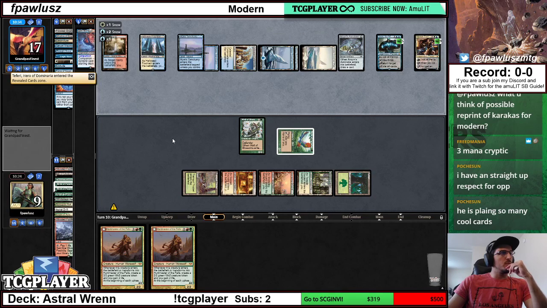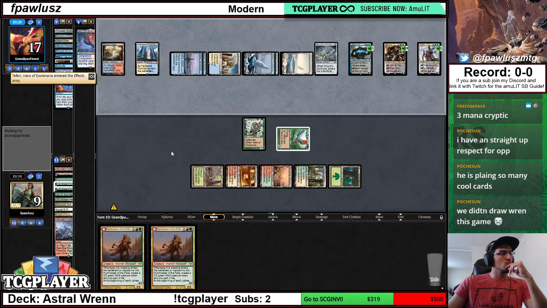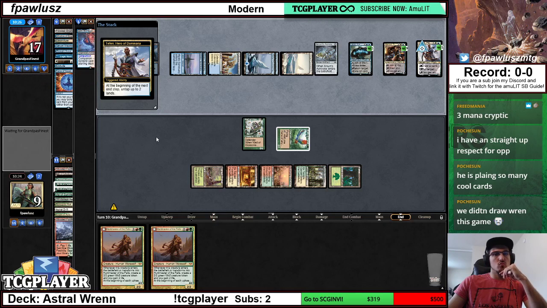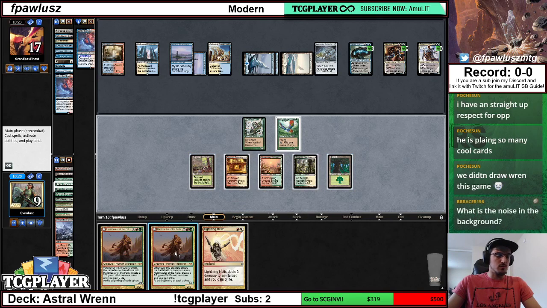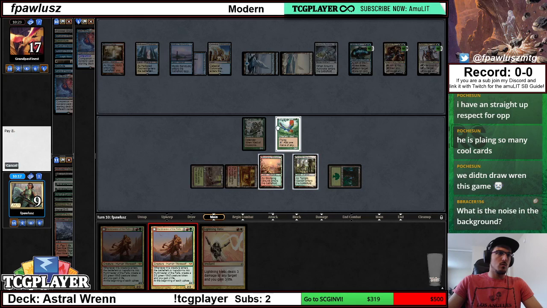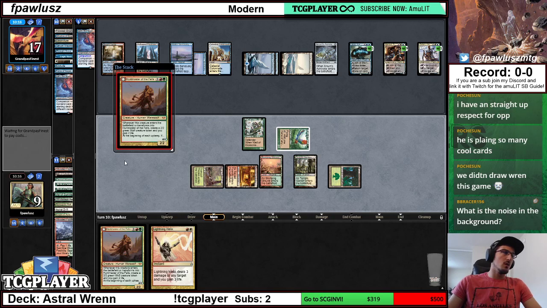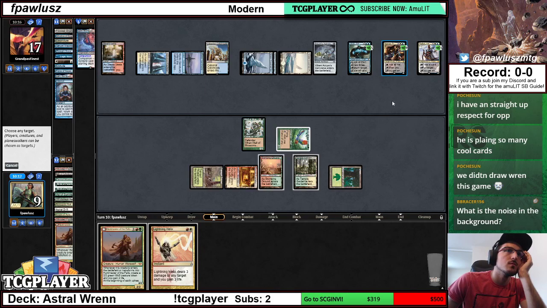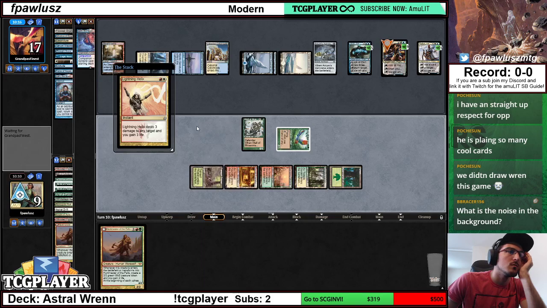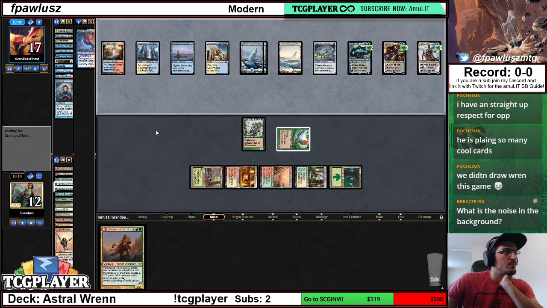Oof, Big Teferi. Big Teferi is pretty good. Yeah, we did not draw Wrenn this game. We also have not drawn... We only drew a single cycling land, which is kind of a big deal as well. Maybe I used Veil a little bit too hastily. It's quite possible, actually. I'm using this right now because if our opponent ults, then we can't cast the card anymore, so...